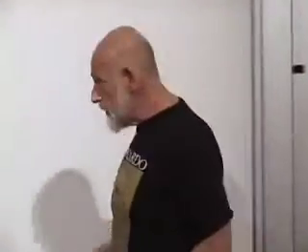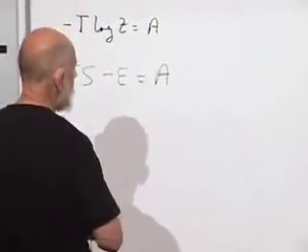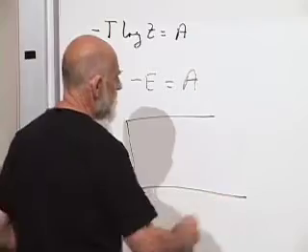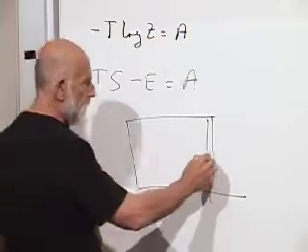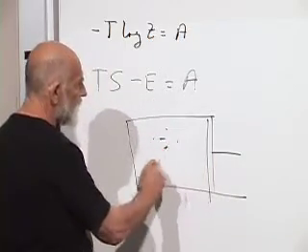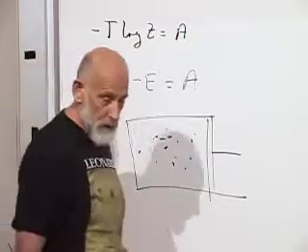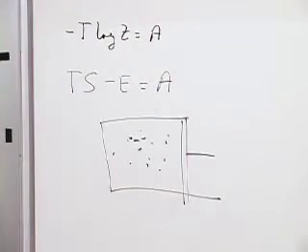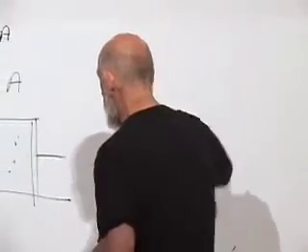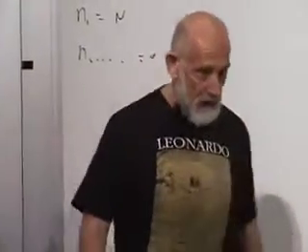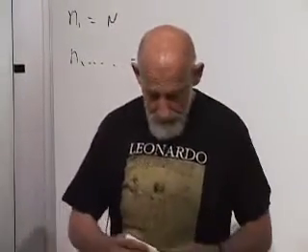The definition of pressure is, of course, through the definition of force on the walls. We could imagine, if you like, a cylinder with a piston, and we could measure the force on this piston due to the collisions of the molecules with the piston, and that would define the pressure. The pressure is the force divided by the area of the piston, force divided by area. I don't even think I'll bother writing that down. We all know that. So the question is, how do we calculate the force on a system?